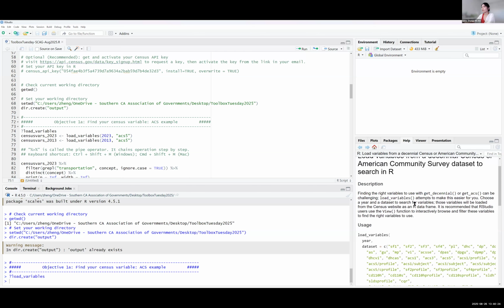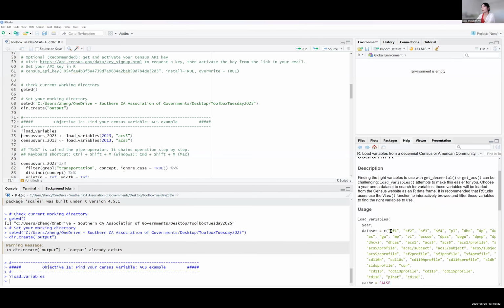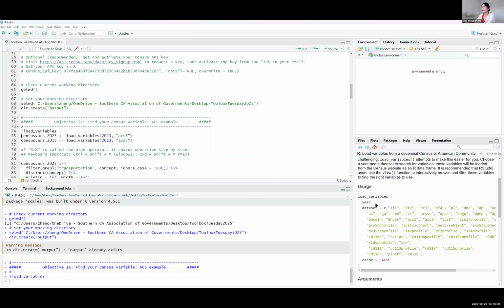You can see that load_variables is for finding the right variables to be used with other functions in R. And here in the usage part, you can see what input arguments you need to put there. The first one is year, and the second one is the data set. These look like the data sets available to call through R, and the cache is whether to temporarily save it. I usually just ignore it and use the default.